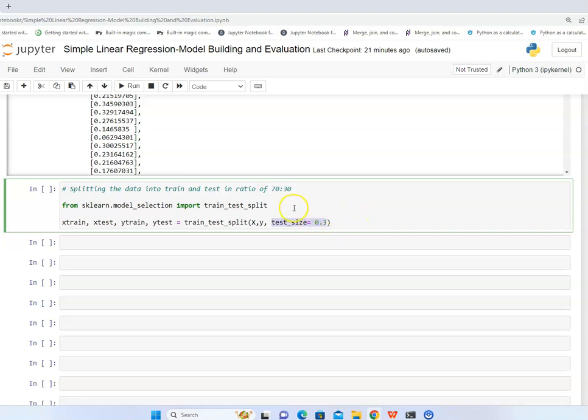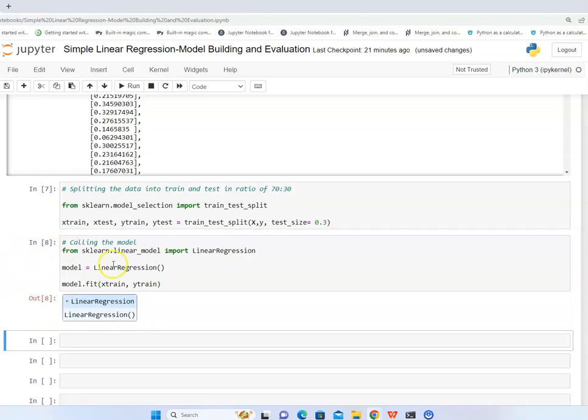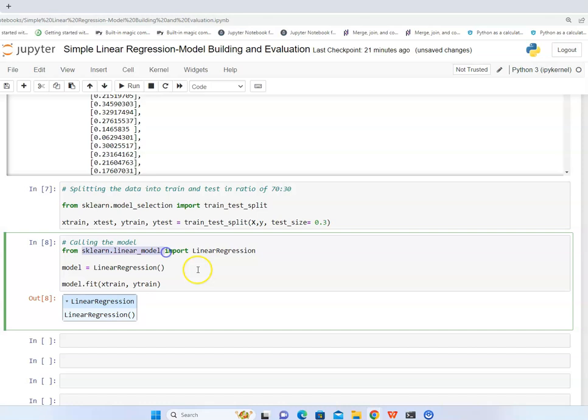You can just check the documentation with which you can do some modifications. So now I'll execute it, and test size I've given 0.3, so this will split the test and train in this particular ratio. So now I'm going to call the linear regression model using the linear model module of sklearn. I have called sklearn linear model, and I'm going to call this particular class LinearRegression, and I'm instantiating it as model,